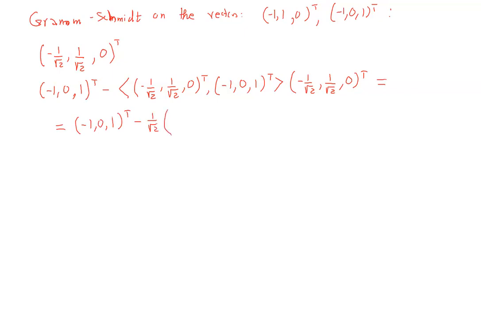And then that's the inner product, right? And then we have -1 over square root of 2, 1 over square root of 2, 0. And then this will become a -1, 0, 1, minus, and here we will have -1/2, 1/2, 0. And when we take that difference, this will give us,